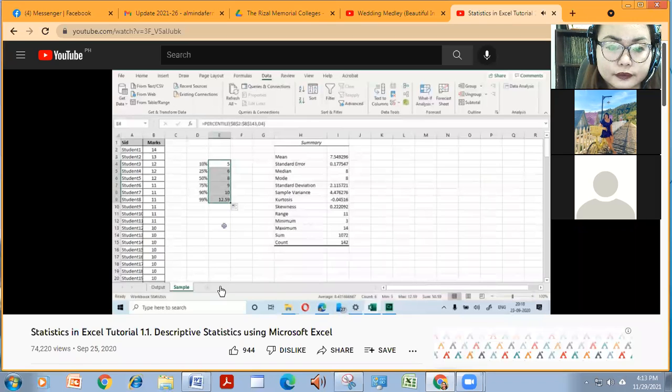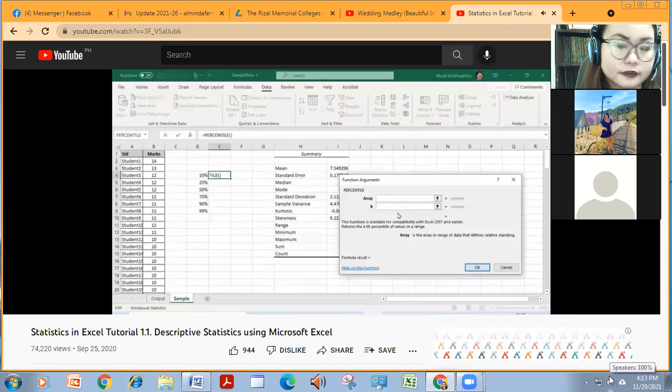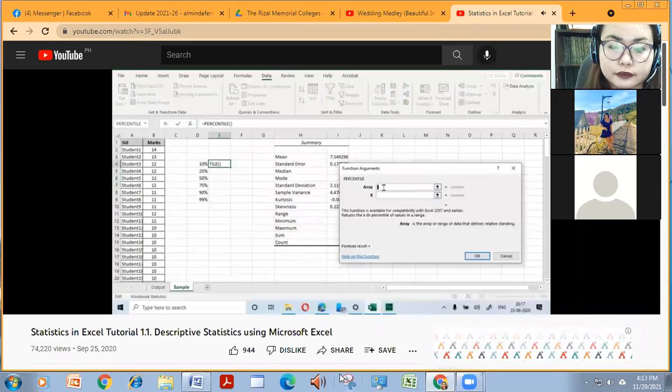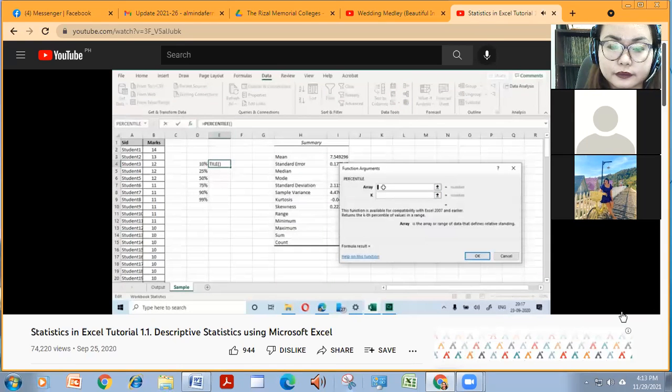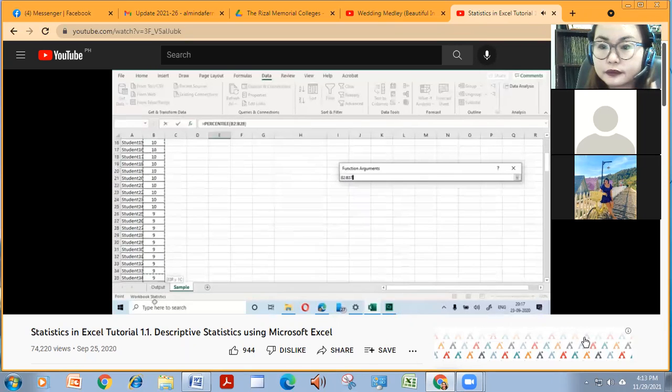So these are our percentiles. So called as percentile. It's right there. Just double click to activate the dialog box. It is asking where the array or the data is. Now remember, there is no functionality to specify a label here. So just choose the data. Don't choose the header. Just choose the data all the way down.